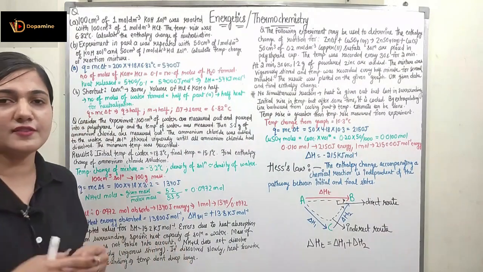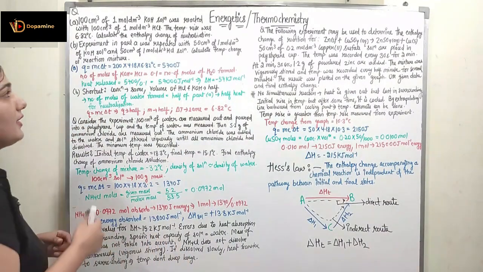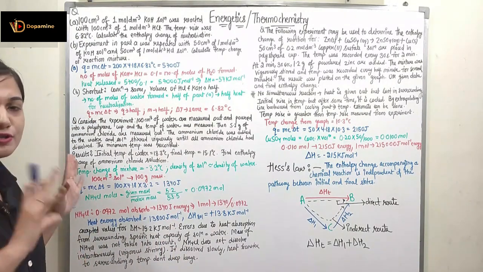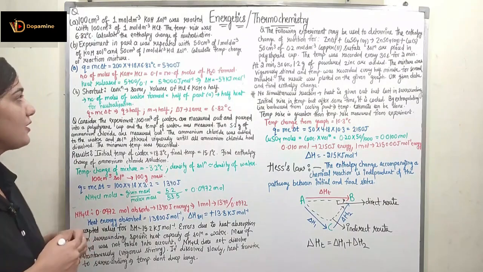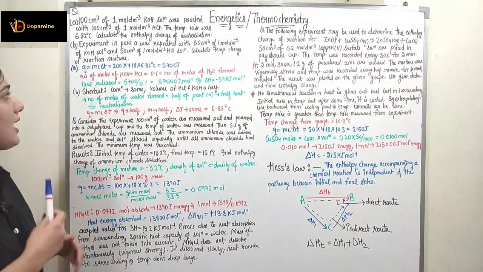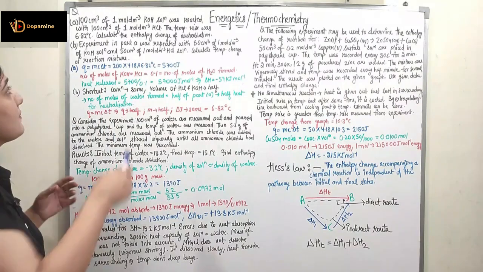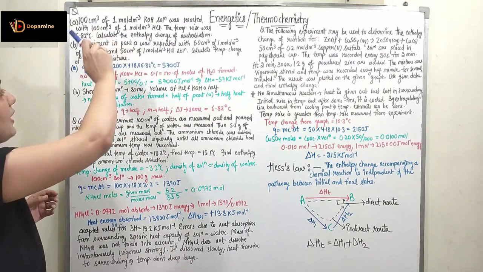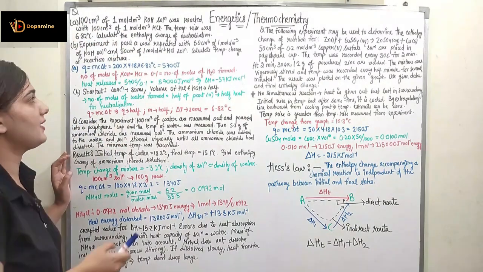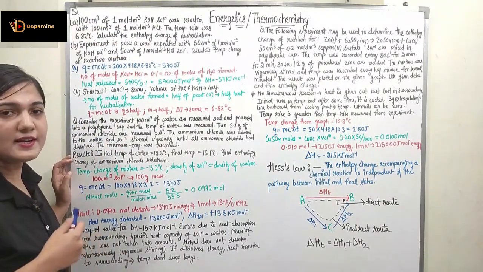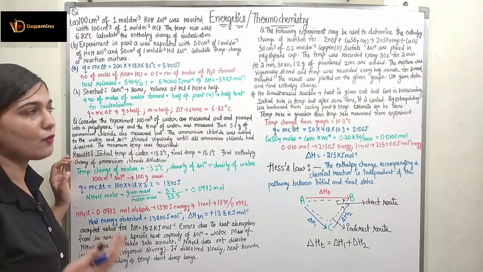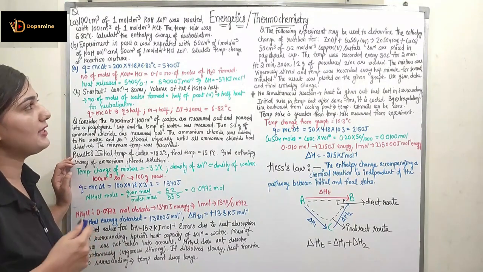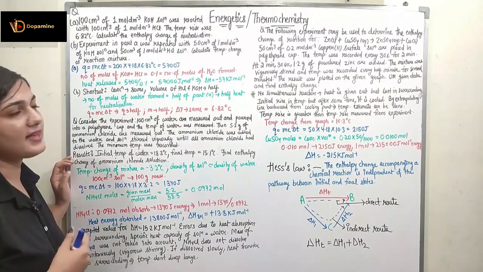Right, so for the first part we need to find the enthalpy change of neutralization, and for that we should know the heat. To find the heat we will use the formula mc delta T. What is the mass? Mass would be 100 centimeter cube plus 100 centimeter cube, so the total mass would be 200, and C is the specific heat capacity. We will take it to be equal to water, so it is 4.18. The temperature change is also given, that is 6.82. So Q will be equal to 5700 joule.